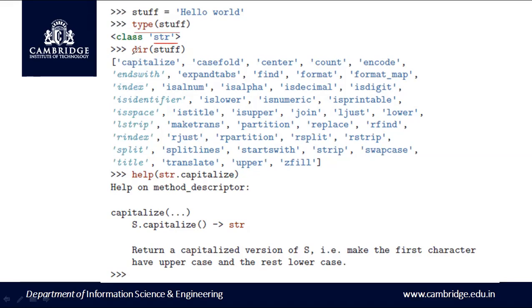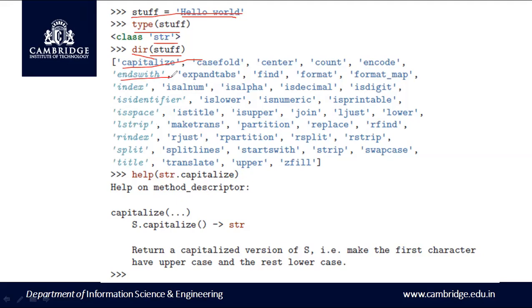Now when I use the dir function for this stuff, you can see all these string methods being displayed here. The first method is capitalize, which will capitalize the first character of the string.